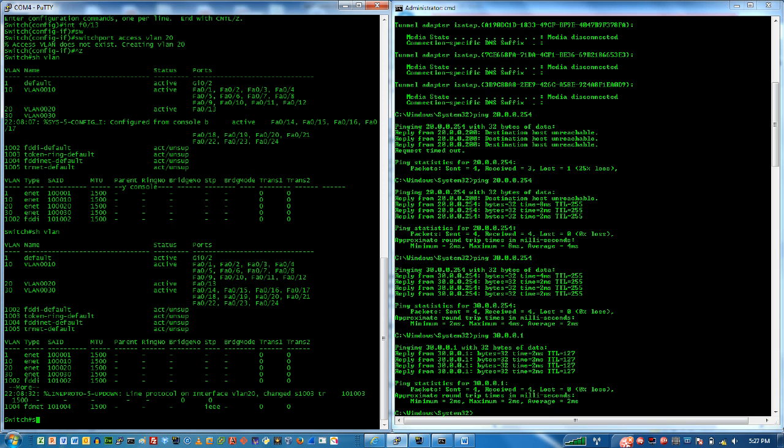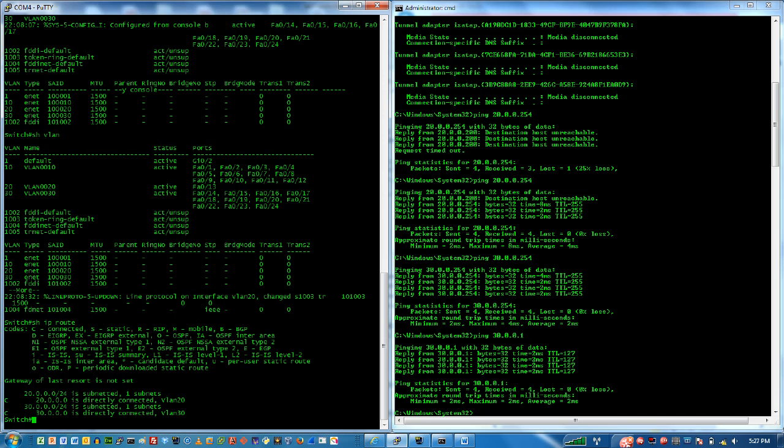So now if I take a look at my switch routing table, because now I'm doing IP routing on the switch, there's my two networks. Notice that the management VLAN is not there. I don't want to route to the management VLAN. I don't want hosts to get to it. So